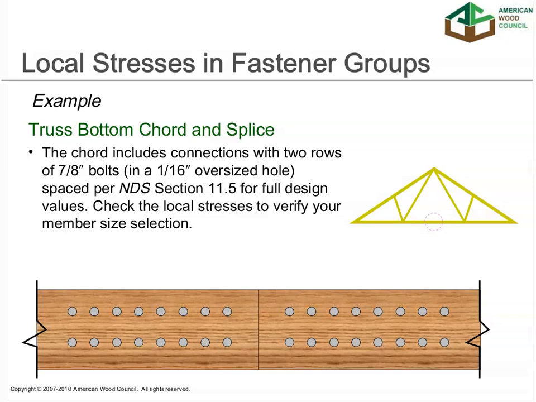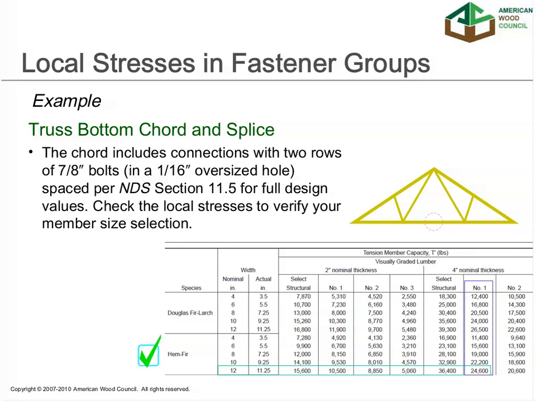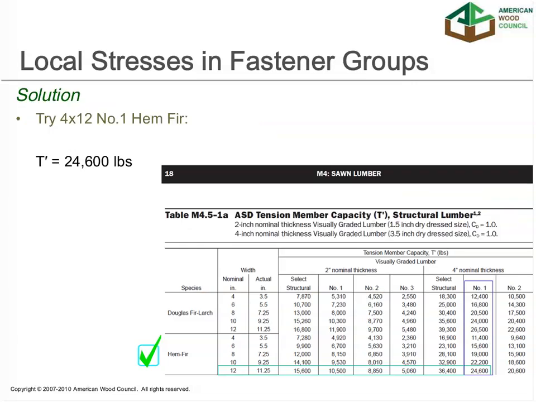So we're going to do the connection design offline. That's already been taken care of, and we determined that we need 2 rows of 7/8 inch bolts as shown here in this pattern. For the NDS fabrication requirements, it's going to require 1/16 inch oversized holes, and so we're going to check the local stresses to verify the member size here. First thing we'll do